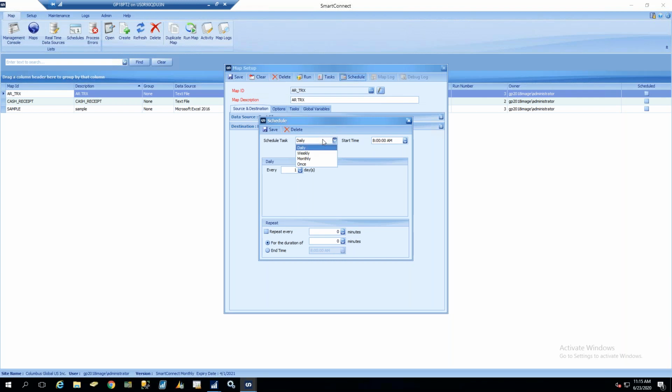I can tell it to run daily, weekly, monthly, or just one time. I can tell it the time to start. If I say weekly, I can tell it what days of the week to run. I can tell it to repeat every 5 minutes, and usually I can just say run until 6 p.m. And then it calculates the number of minutes for me. And if I wanted to say every 15 minutes or once an hour, I can choose that as well. Now, one thing to note about these schedules, if you do not have